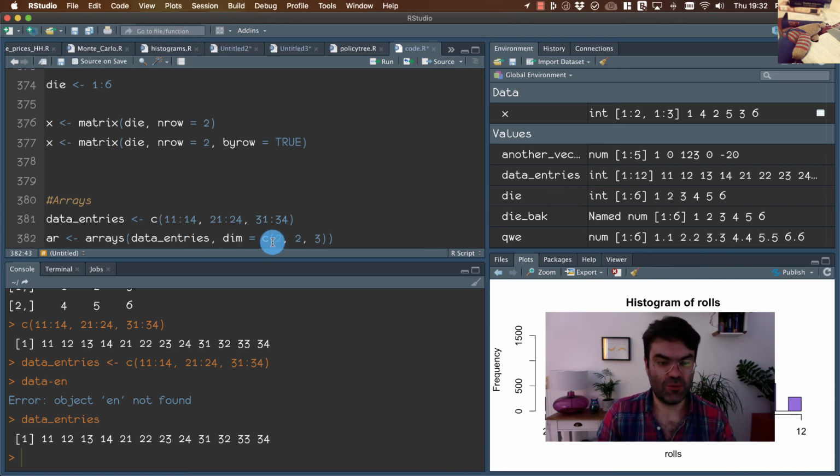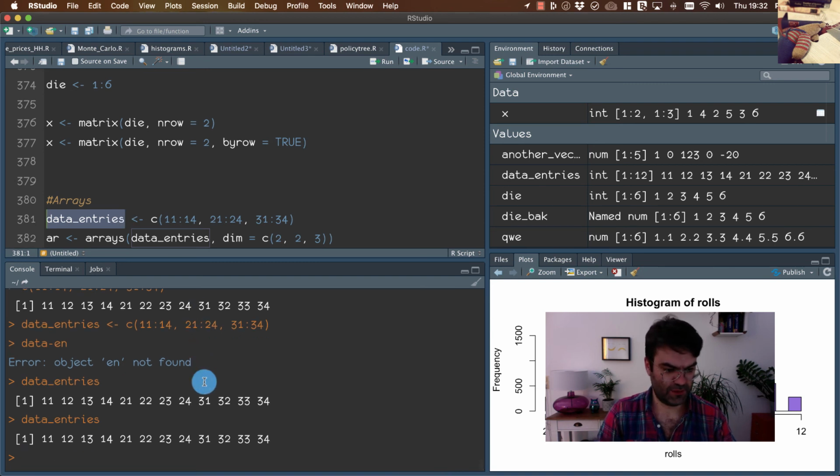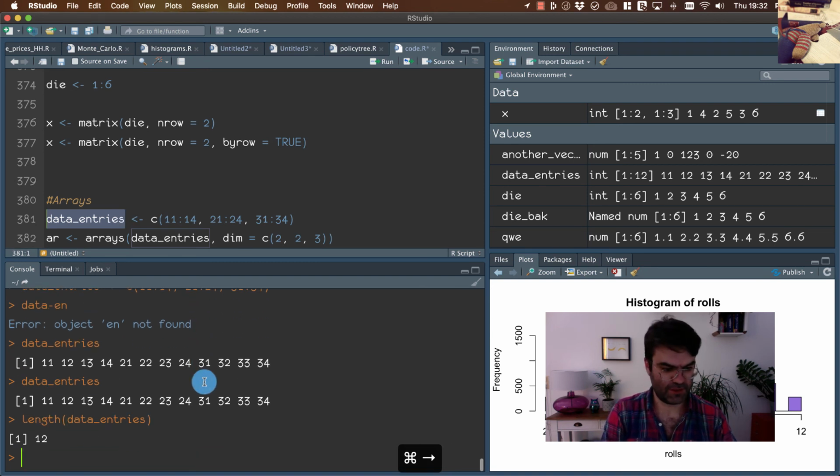Overall, here the data entries, the length of this is 12, and now if we provide those dimensions 2 times 2 times 3,